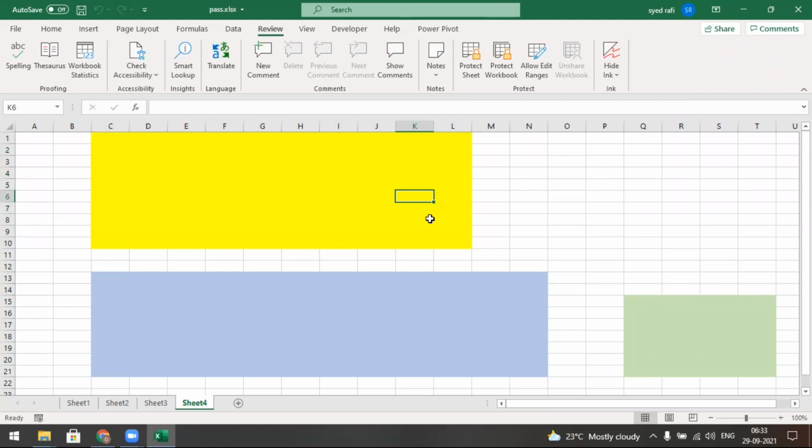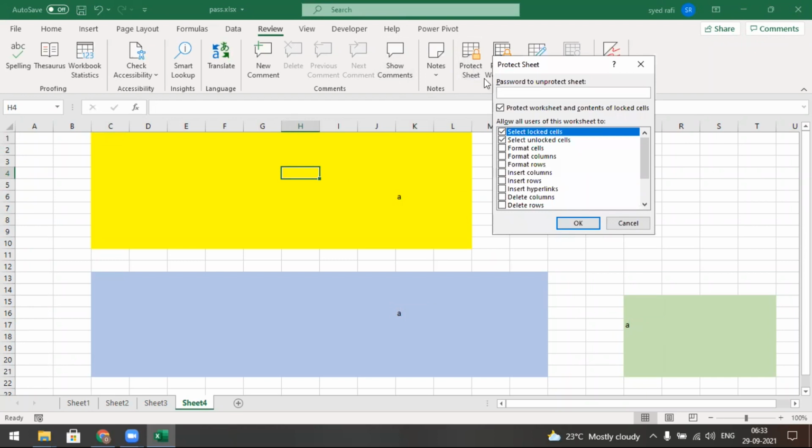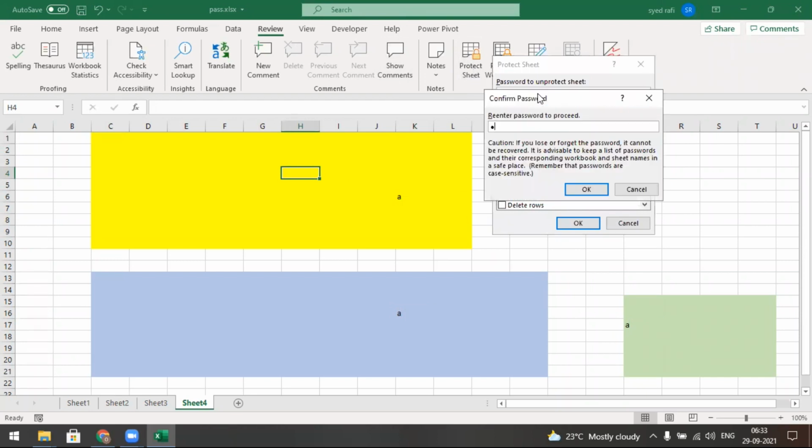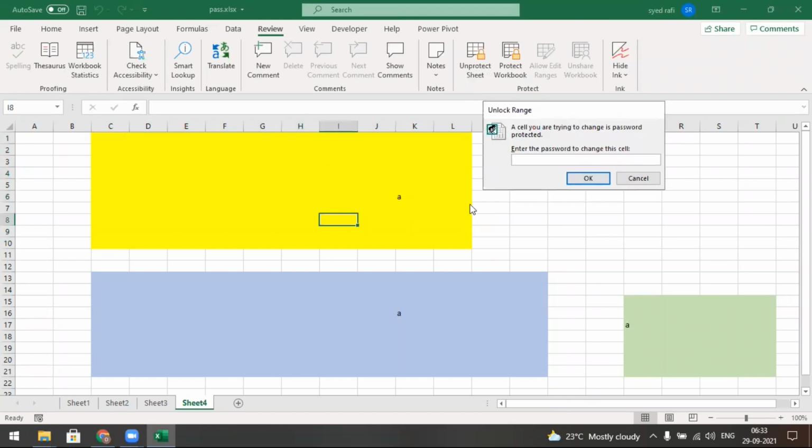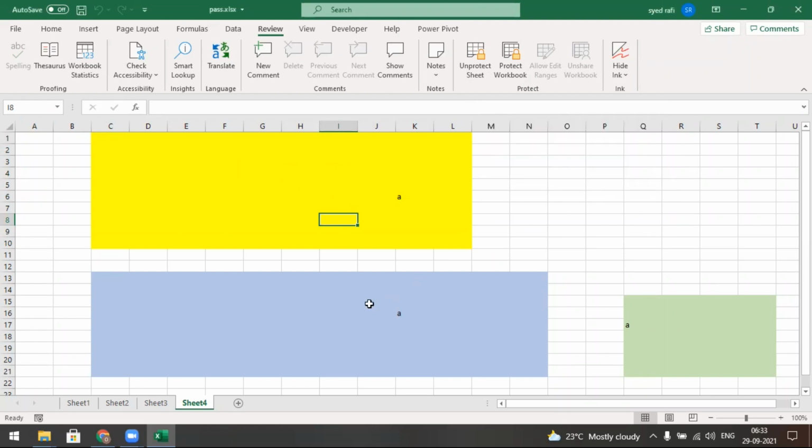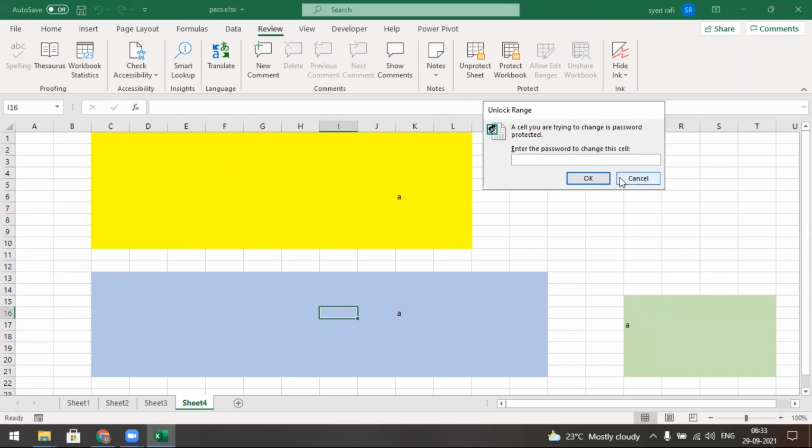Generally, if you type, it will be typed. But after doing this, you may protect the sheet. You may apply Protect Sheet like this. So if you want to modify something, it asks for a password.